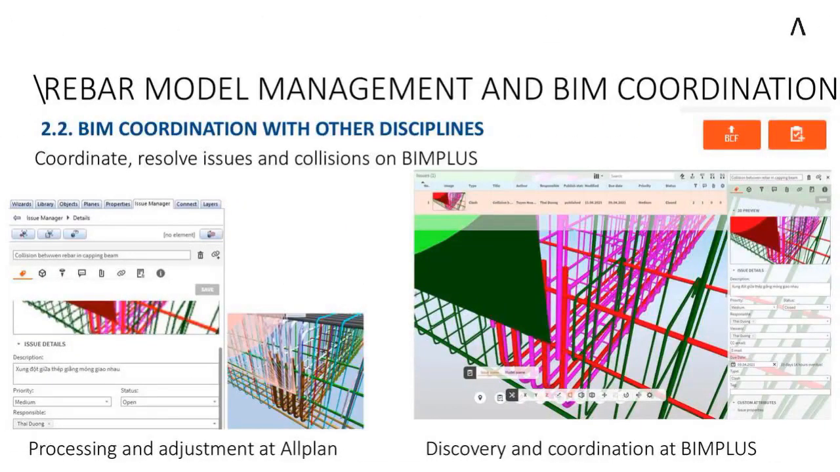And here is how to define the issue and the class in BIMPLUS and in Allplan. You can see we will create the issue directly in BIMPLUS. Here we will define where is the class, where is the issue, and give the comment, the status, the responsible person,